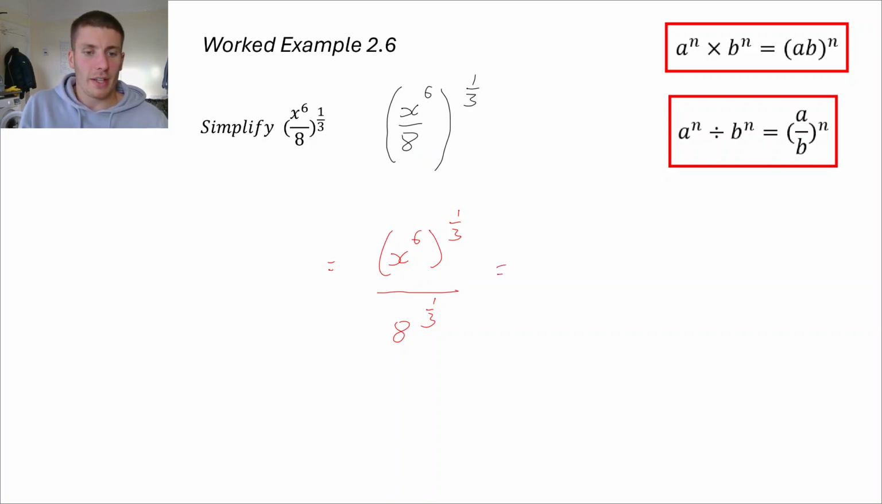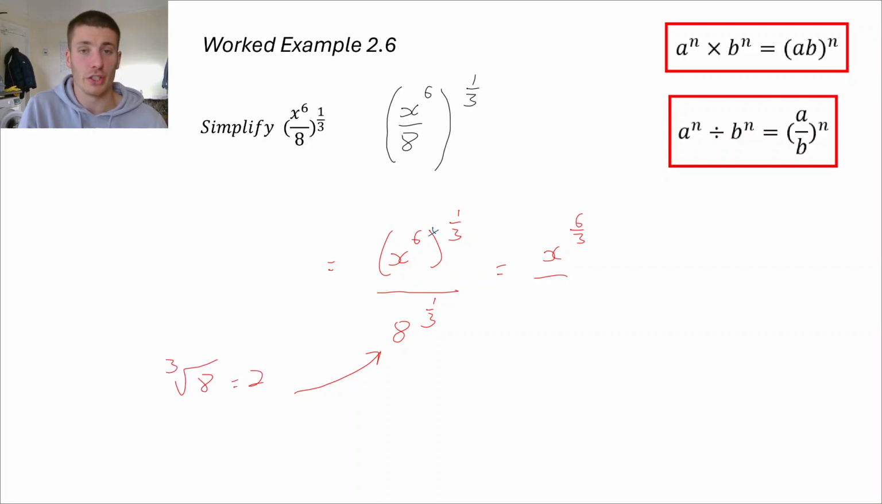And then the top part, laws of indices, the power rule: you've got a power to another power, so you are going to be timesing those together. So 6 times a third is equal to 6 over 3, which is 2. Let's write it out in full. So we're going to get x to the power 6 times a third, which is 6 over 3, over 8 to the third. We know that 8 to the third is the same thing as the cube root of 8,